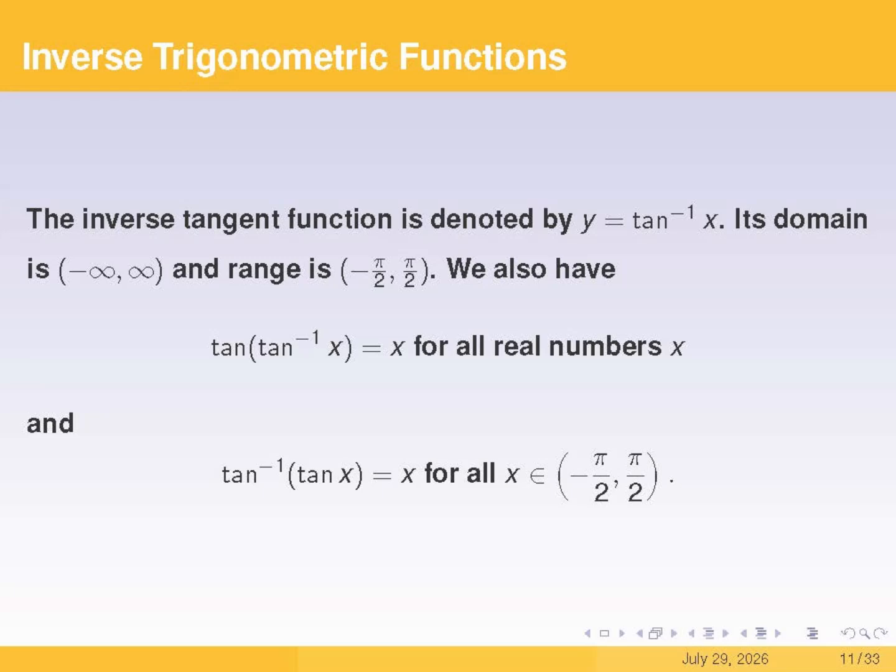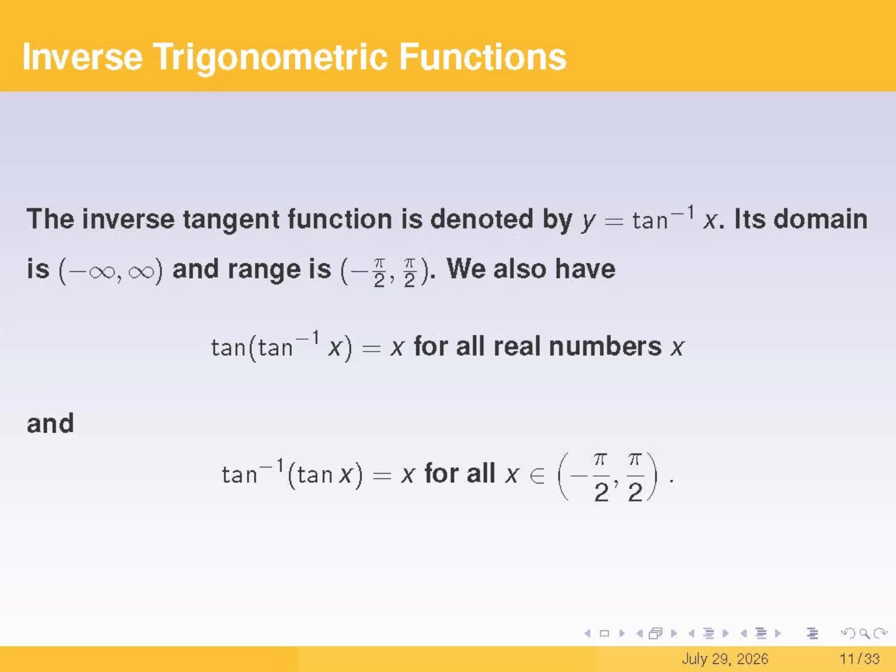But if we restrict its domain to the open interval from -π/2 to π/2, the range is still the set of all real numbers. By doing this, the tangent function becomes 1-to-1, which means its inverse arctangent actually exists. The domain of arctangent is then the whole real line, and its range is the open interval from -π/2 to π/2. Composing the original function with its inverse gives us the identity function, as shown on line 3 and the